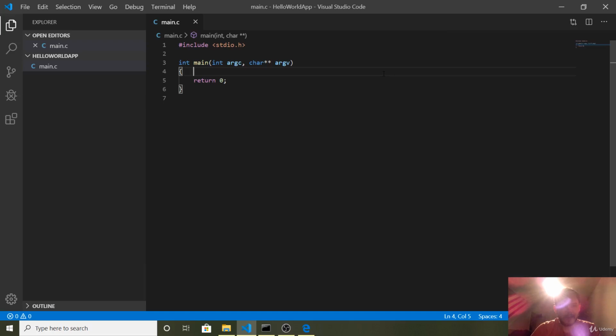Hello and welcome, and in this lecture we're going to learn about the preprocessor. Now the preprocessor is a compile time language built into C, and it allows us to control the way things are compiled. So for example, what I could do is I could say